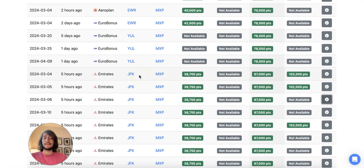So this is one of their routes that is called a Fifth Freedom route. This is a route that doesn't go to or from that airline's hub city. So in the case of Emirates, all their normal routes are to or from Dubai, right? But then they have some Fifth Freedom routes, like this one, that have nothing to do with Dubai, but they continue on to Dubai in theory. Like they have a fuel stop and continue. Not in theory, I mean, that's what they do. So it's a great opportunity to experience a very nice airline that may not otherwise be in your routes or plans at all. So it's a great option to get to